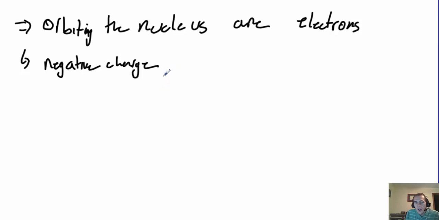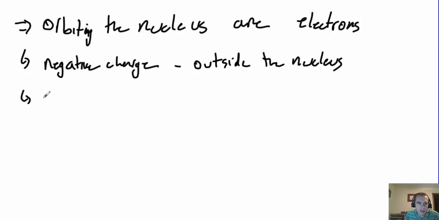So the atom itself is going to be neutral, not because it's not got charged particles in it, but because the positive and negative charge cancels. Okay? So this is a negative charge. Like I said, it's outside the nucleus, and it determines properties